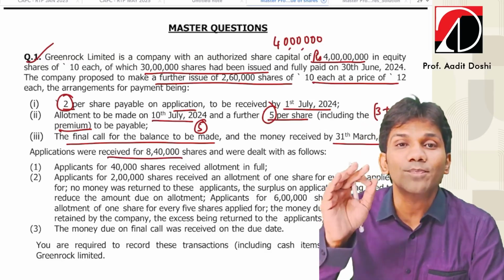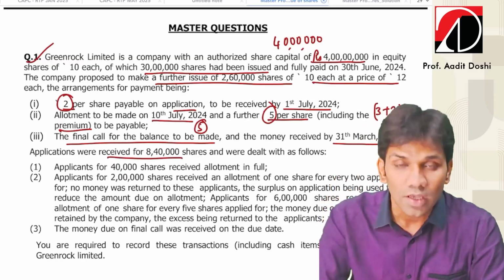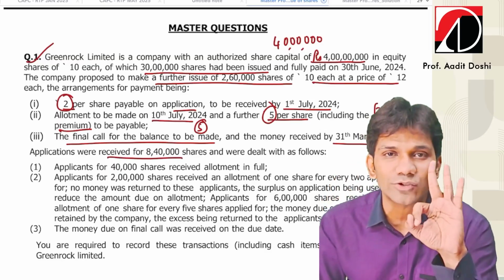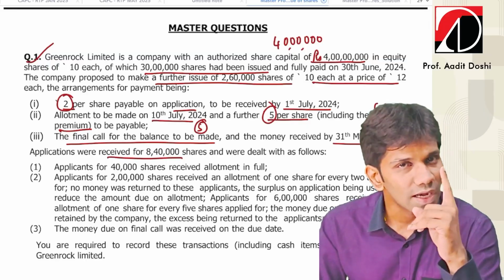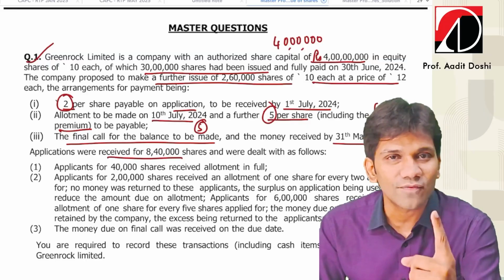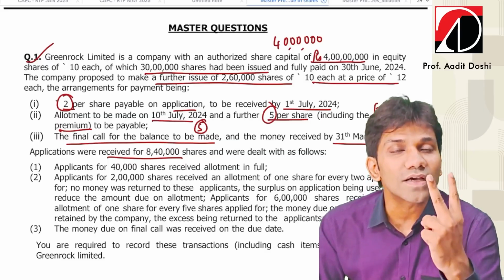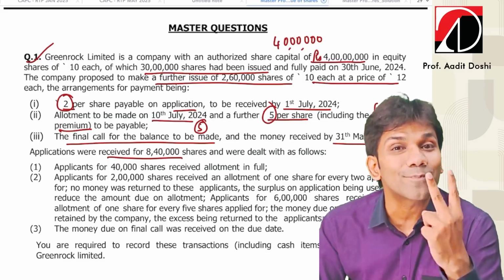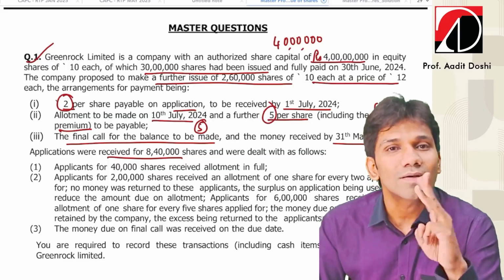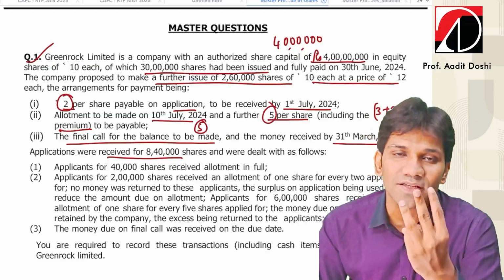8,40,000. So this is a pure case of oversubscription. In case of oversubscription, the company has three options to deal with. First option is either reject or refund the excess applications. Second option is adjust with allotment, or we can say pro rata. And third option is both partial refund, partial adjust.